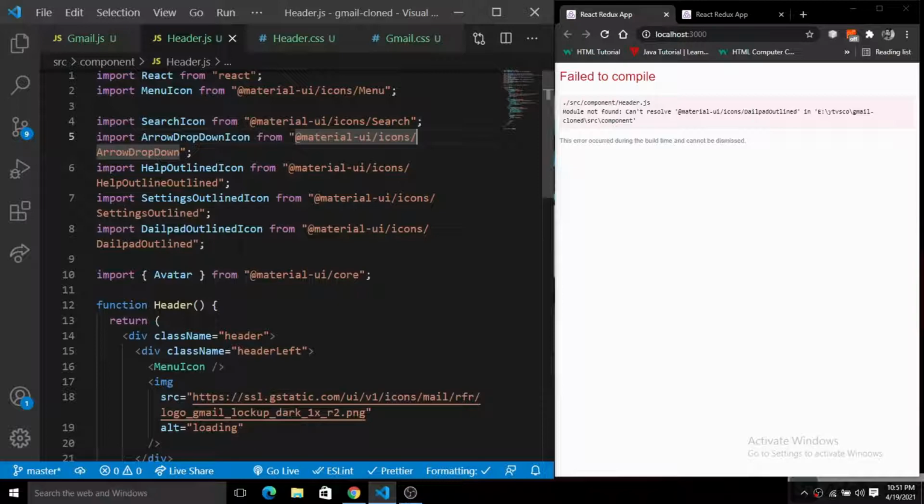Everything is now rendering on the screen. Here we have this help outlined, we have the settings, we have the dial pad, and we have this avatar.